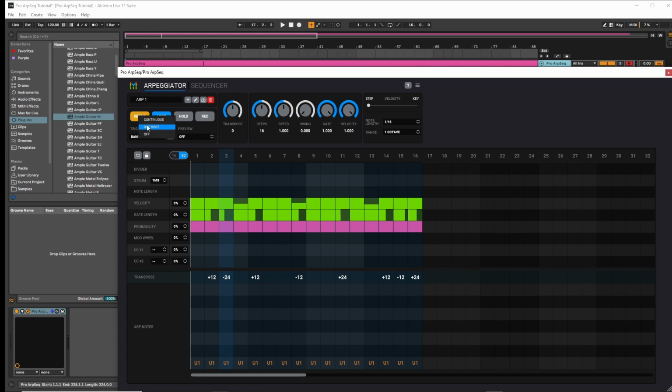In one-shot mode, it will only trigger to the beginning on the first note received, but subsequently will continue. So I'm just going to hold down C, and then I'm stopping, and as you can see, it just carries on. If I click on continuous and then keep letting go,